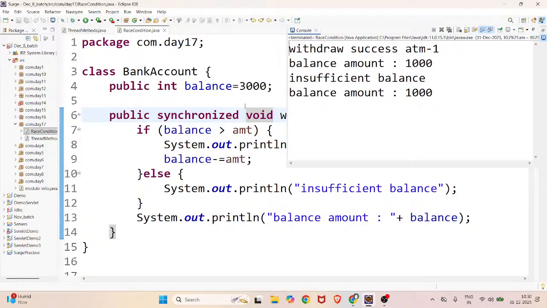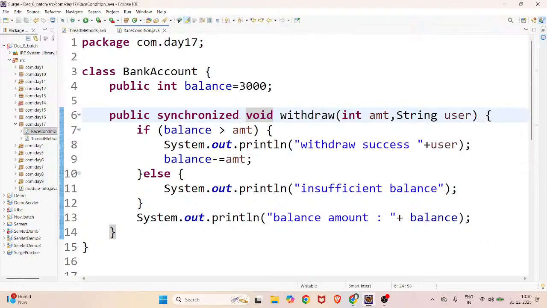This is synchronized. Synchronization can also be done in different ways, in three ways. One is what we call an instance. Why are we calling it an instance? Because suppose